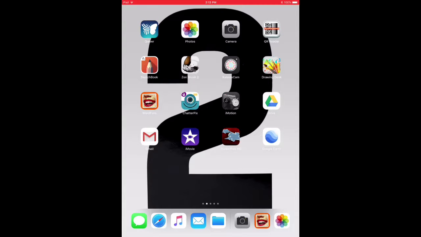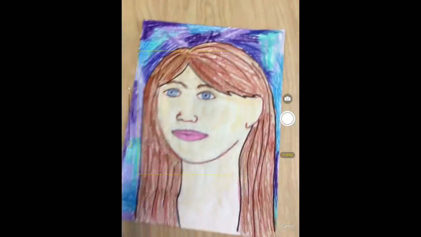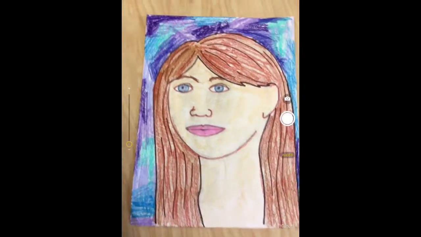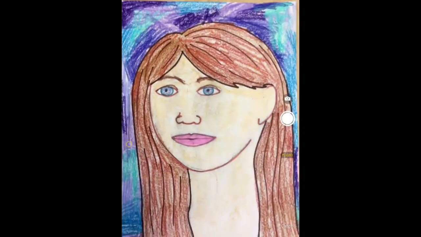So I'm going to open up the WordFoto app right there on the left, and I'm going to tap on the camera icon at the top of the screen. It's going to take me to a camera, and I have my portrait here. So I'm going to take a picture of my portrait,